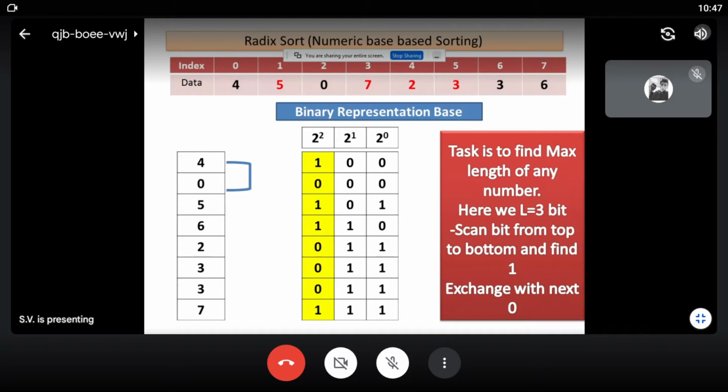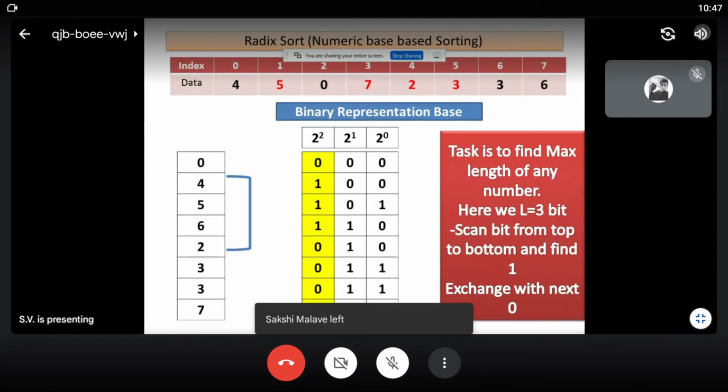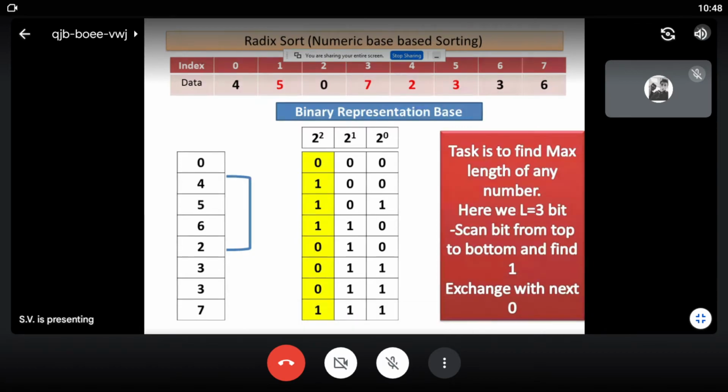Over here we get the next column, 2 raised to 2, and in that we are finding 1 and 0. So again 4 and 0 will be compared, and we can find there is an exchange between them. So you can see 0 and 4 are being exchanged. So 0 has taken its original position, 4 has come down. Now let us move to the next comparison. So again there will be a comparison between 4 and 2. You can see 4 contains a 1 and 2 contains a 0 in the 2 raised to 2 column, and they will be swapped.